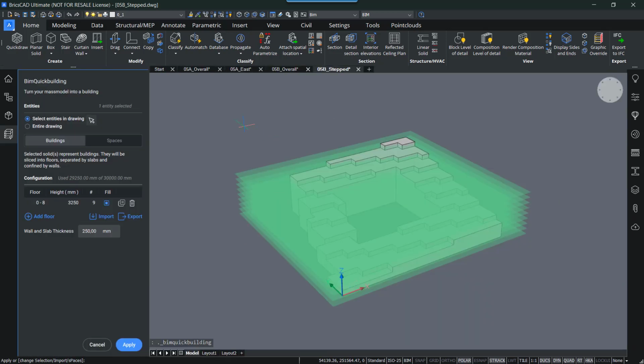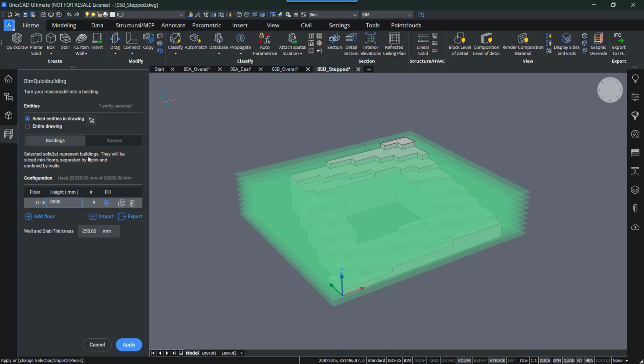So let's do that, and you will see I have some command options that I can do. In this case, it already gives me a configuration. You can also import a certain configuration about the different levels that you want to have, or heights and so on. In this case, I want to have it as 300 millimeters, like this, and the rest should be fine.